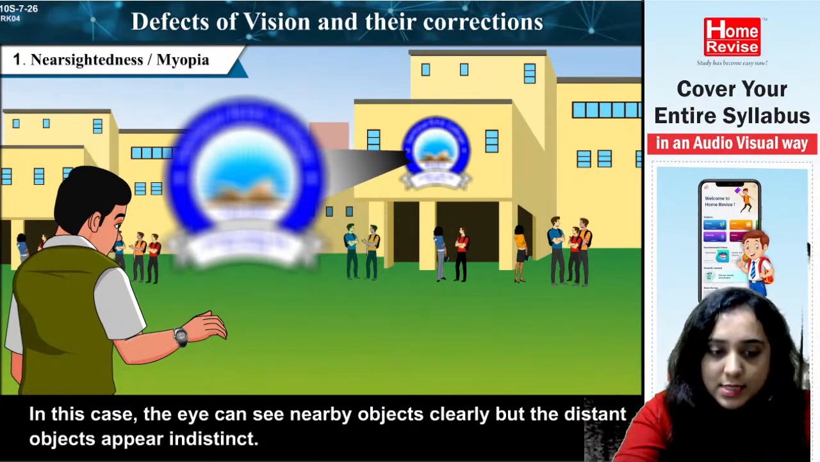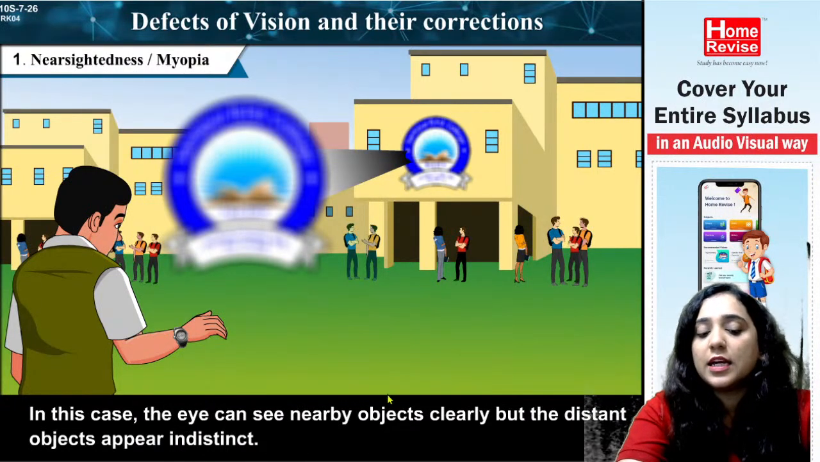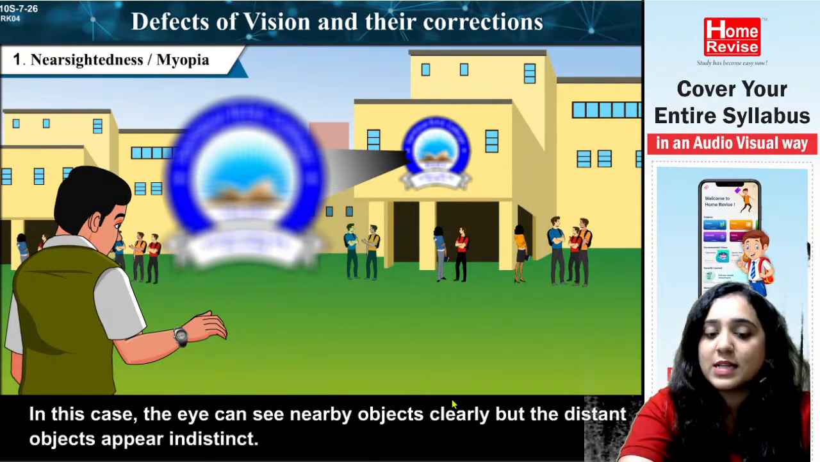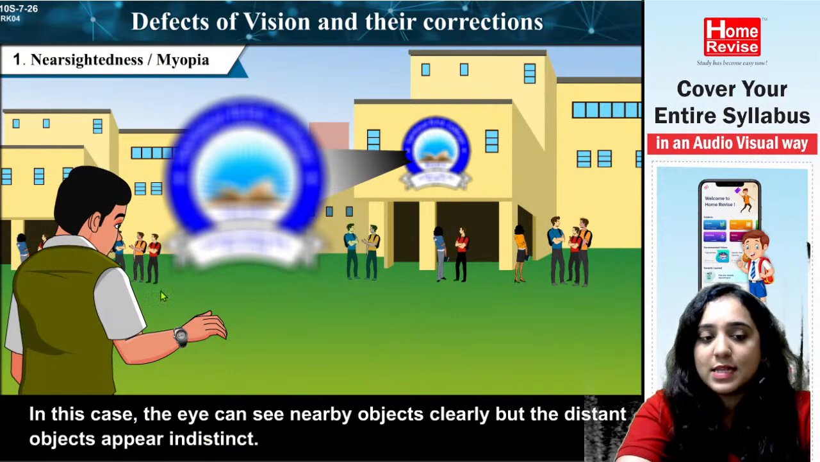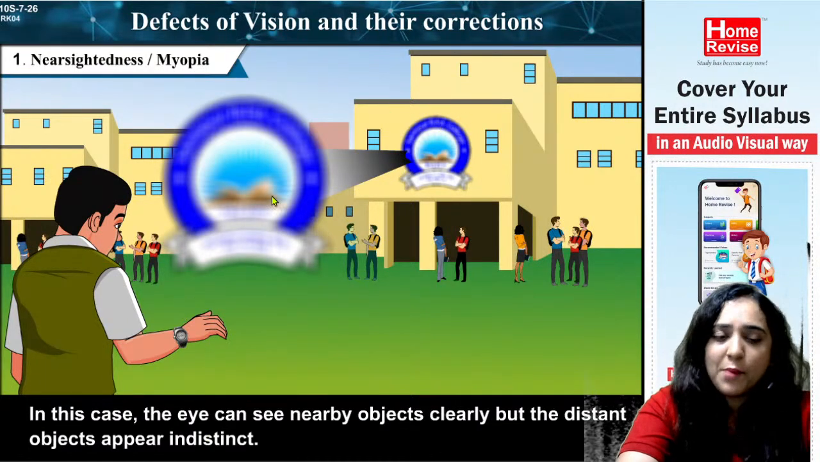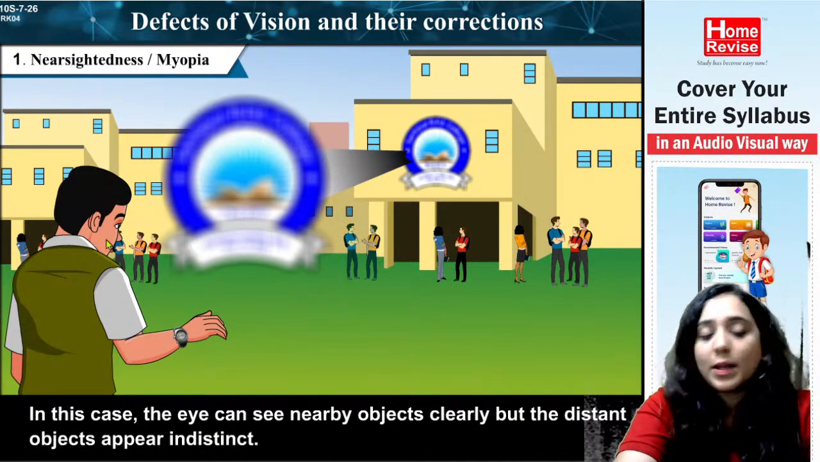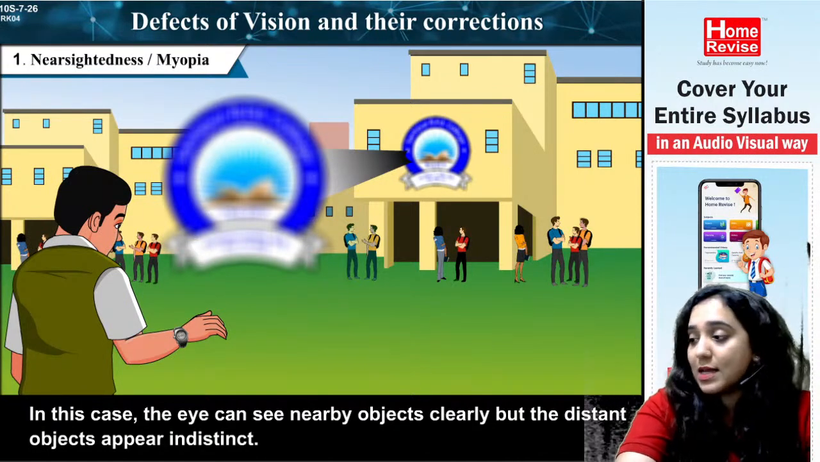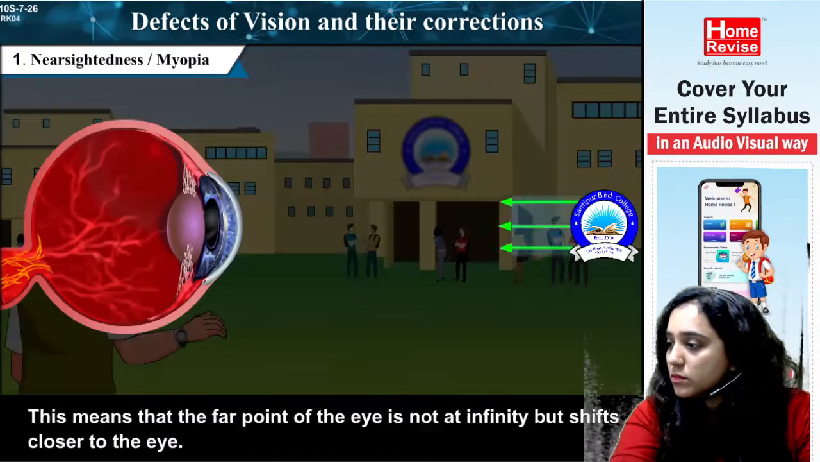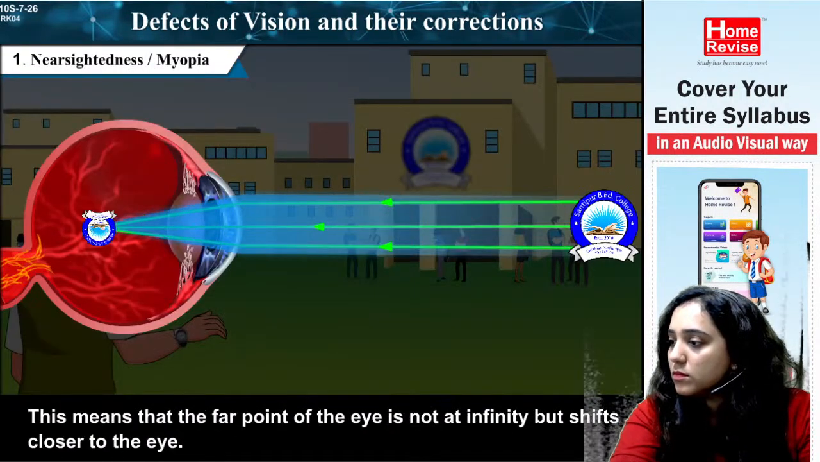Okay. So in this case, the eyes can see nearby objects clearly. Nearsightedness: near objects can be seen clearly. You can see your watch clearly, but this logo, for example, is at a specific distance, not very far, and you are not able to see it. Okay, so this is called nearsightedness. Chalo, next one. This means that the far point of the eye is